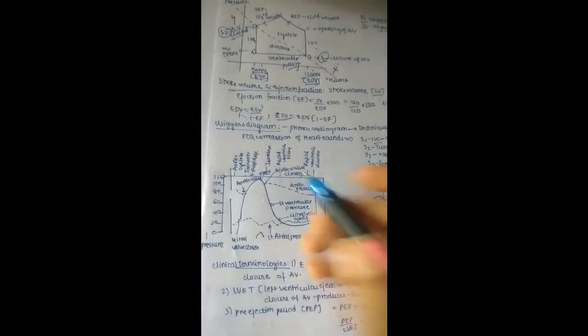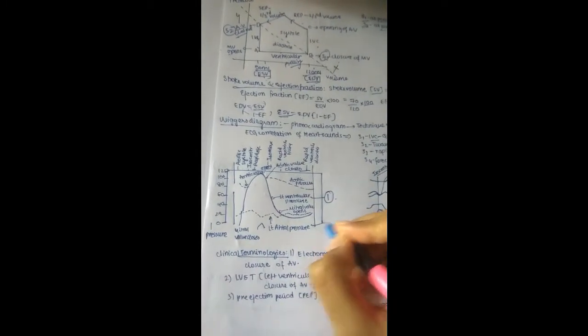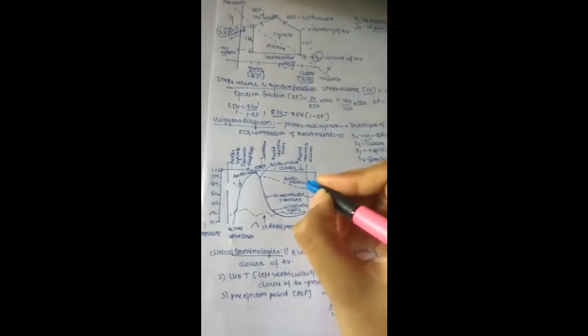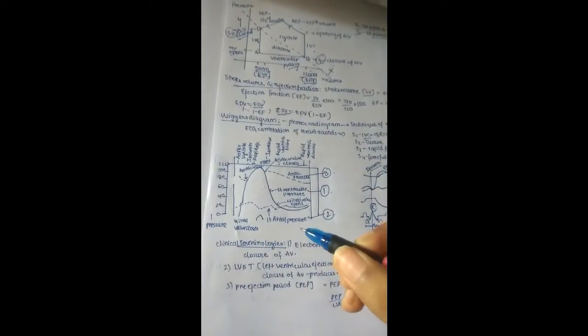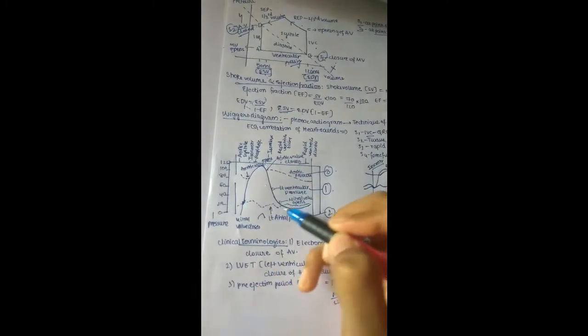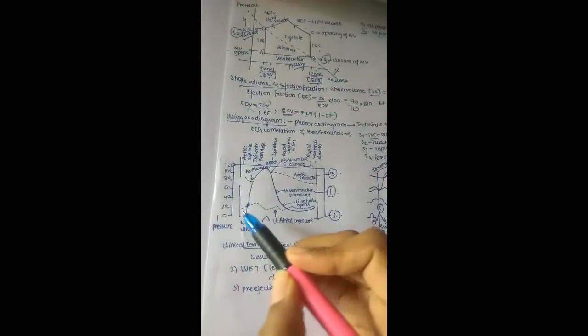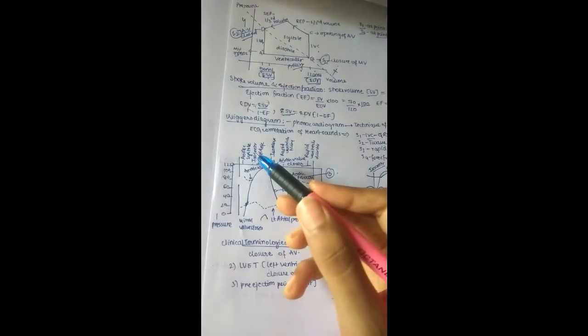Here we are having the first one, the left ventricular pressure, the second one is the left atrial pressure, and the third one is the aortic pressure. So here we are mainly going to see the pressures of the aorta, left ventricle, and left atrium during the different phases of the cardiac cycle. First let us observe the left ventricular pressure. You can see this mountain, this is the left ventricular pressure. Let us start with the starting isovolumetric contraction.